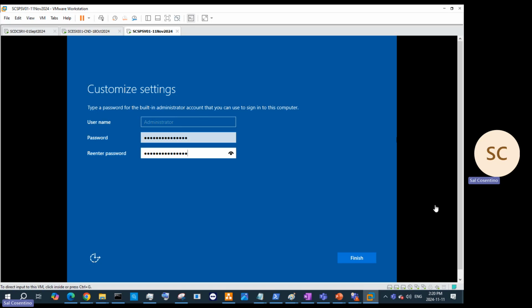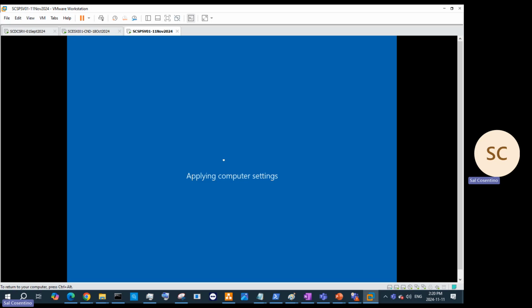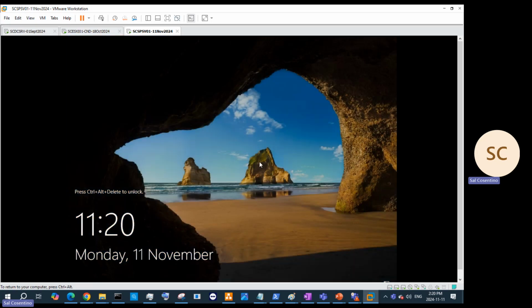Once you're done with that, I want you to click finish. So we do create our administrator account, but we also want to join into the domain so that we're able to log in with our SC admin, our Toronto admin, so that way it's installed. But before we also do that, I also want to install